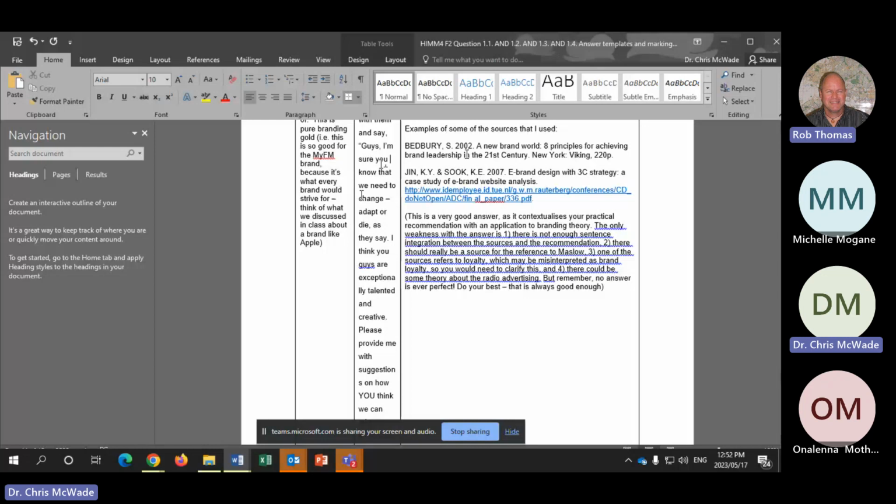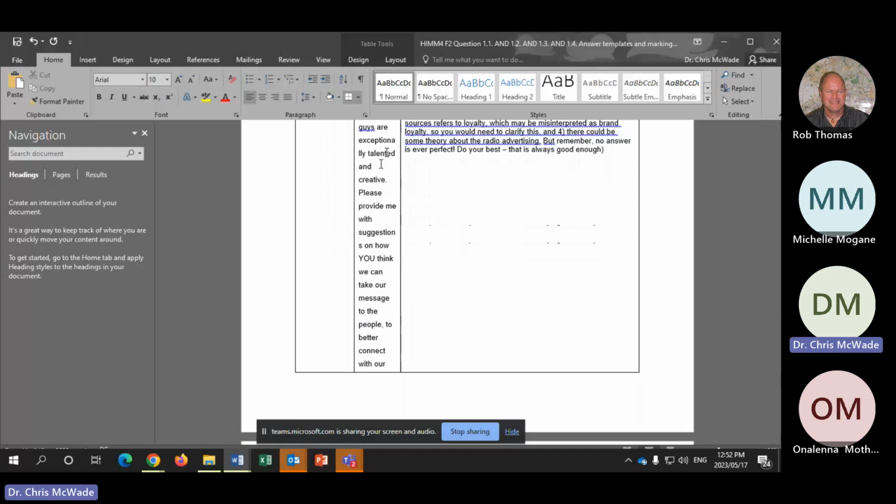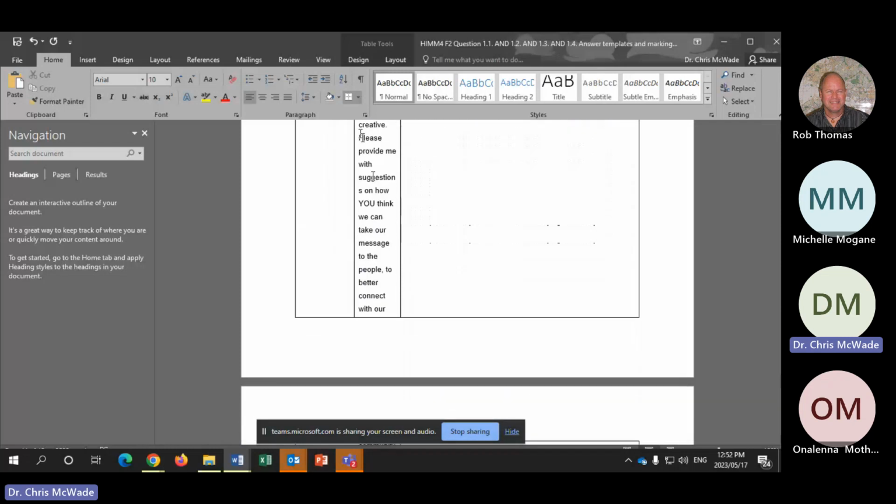But anyway, the pitch here, we need to adapt. Exceptionally talented and creative. And the way that Rob has done this is because this is targeted advertising that is targeting the community as a focal point. Whatever your choice is, it might be the community, that's fine. Please just don't reproduce the same exact stuff. Obviously, that will be bad, but then yeah, the idea here is that what you're targeting with the advertising is community